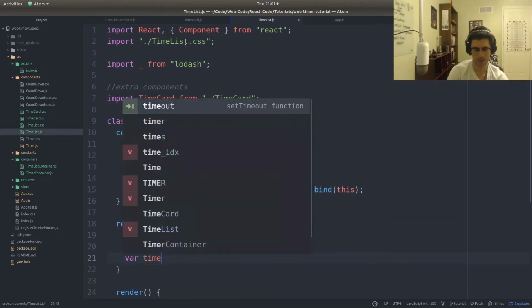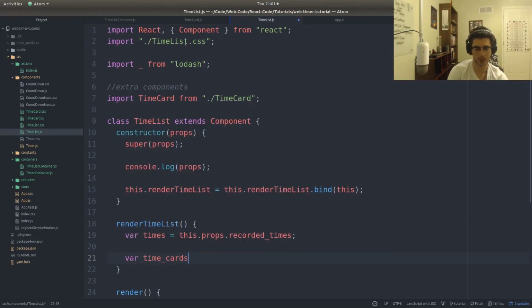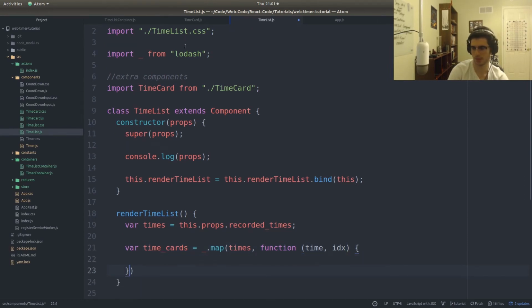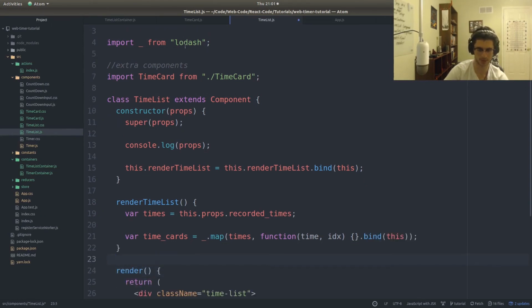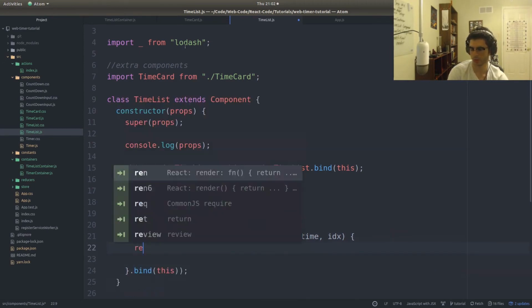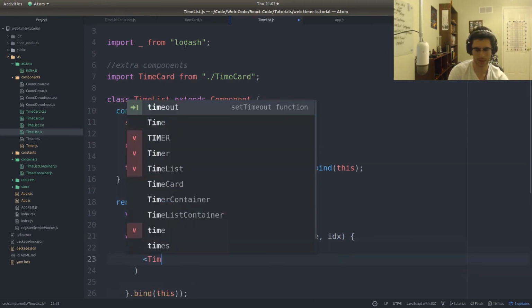We're going to have a variable called time cards, and it's going to use a map function, and it's going to iterate over the times array, and it'll have a function where it's time and the ID index of that time, and then we're also going to bind that function to this. You'll see why in a moment. So this will return a time card